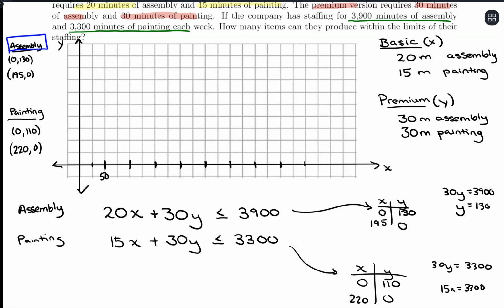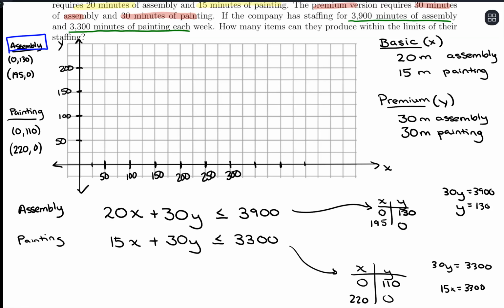So let's see, 50, 100, 150, 200, 250, 300. That should be good enough. And then along the y-axis, I'm just going to do the same along the y-axis. It'll be a little messy, but it should be fine. 50, 100, 150,